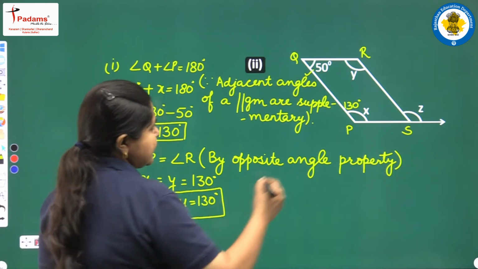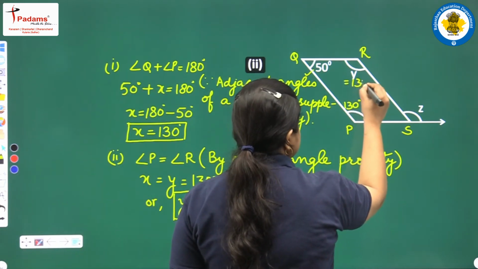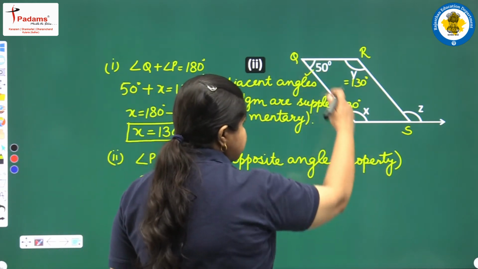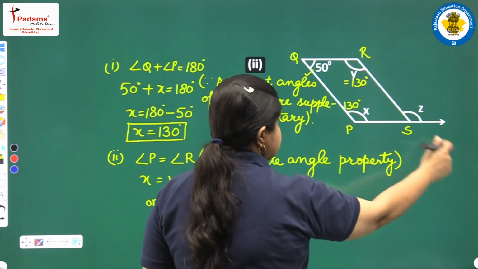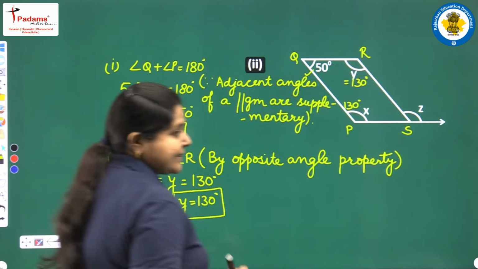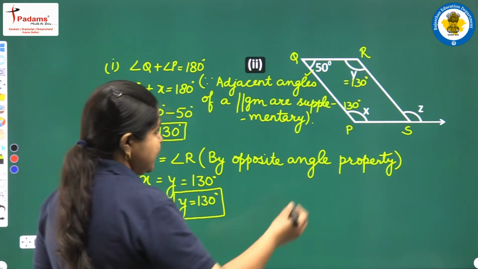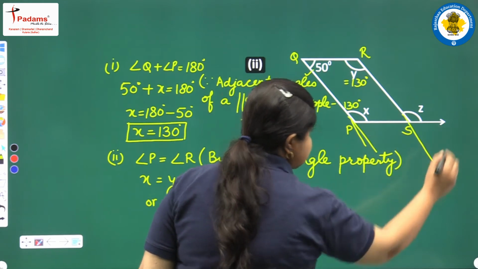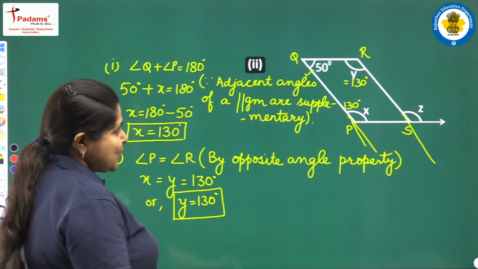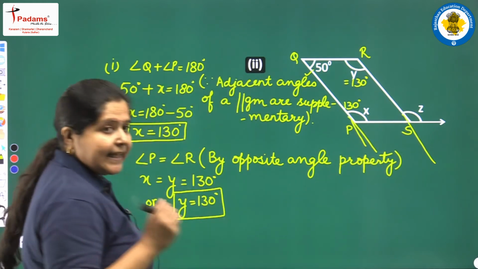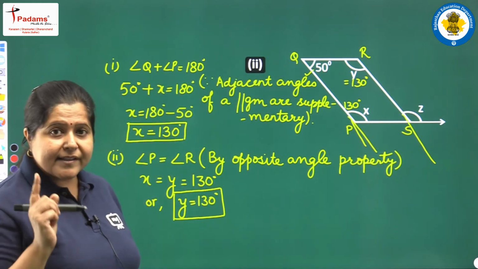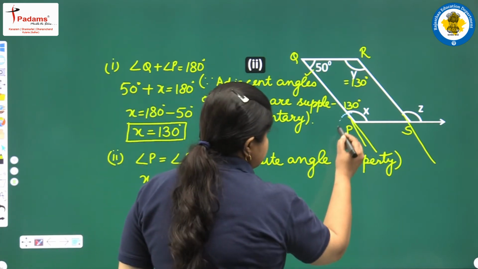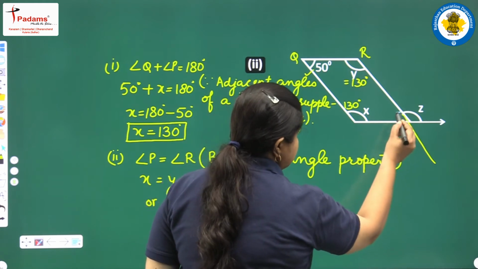Then what is left is Z. Now you can see that since it is a parallelogram, so this PQ or QP is parallel to RS and this PS is acting like a transversal. You can just visualize, if I extend it in this manner and in this manner, then this is the transversal. So this X and Z, they are forming a pair of corresponding angles. So we can easily write the corresponding angles are equal.